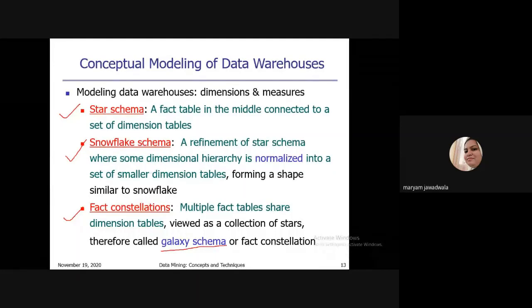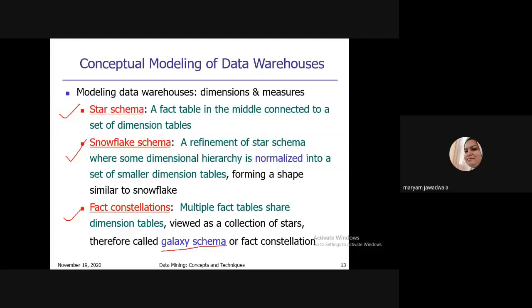The third type of schema is the fact constellation schema. In a fact constellation schema, multiple fact tables share dimension tables. So in fact constellation schema you have multiple fact tables and multiple dimension tables, while in star schema and snowflake schema only one fact table is there.